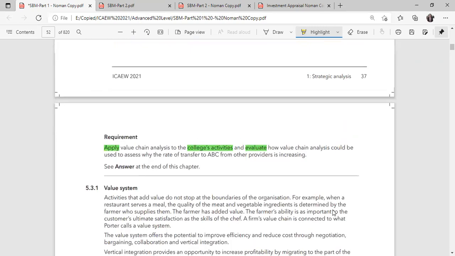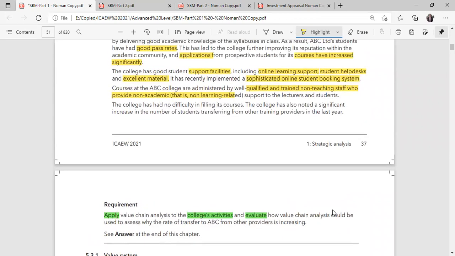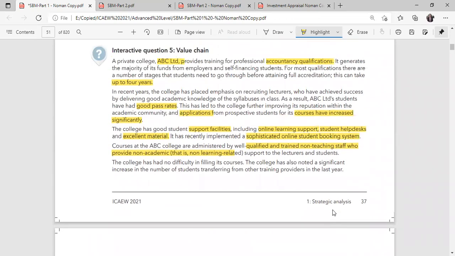So that is our complete data for this question. I highlighted some of the points, but I also didn't highlight some of the points. The only reason is that I want you people to highlight what more could be done, what are more points for our answer and for our discussion. So that is our complete reading of the first question for value chain. We have read out the requirement.